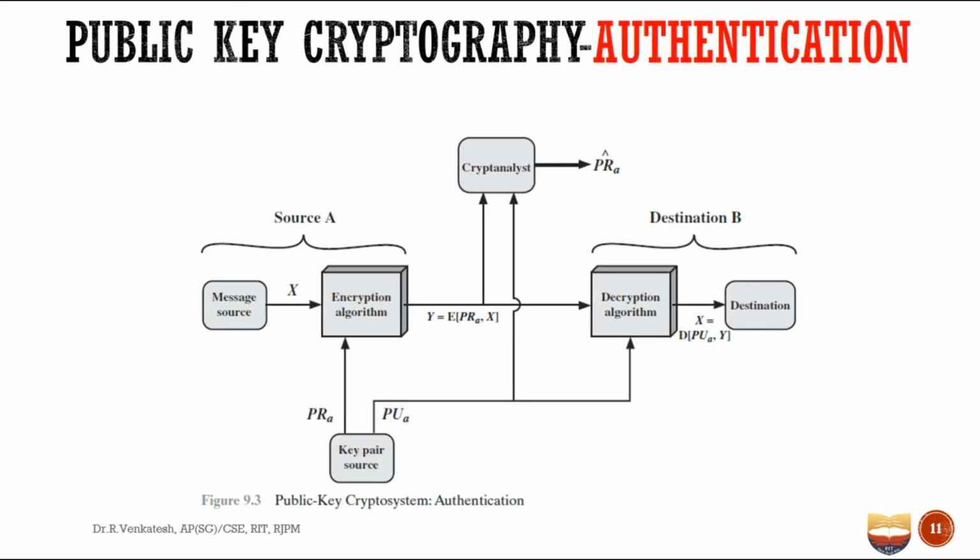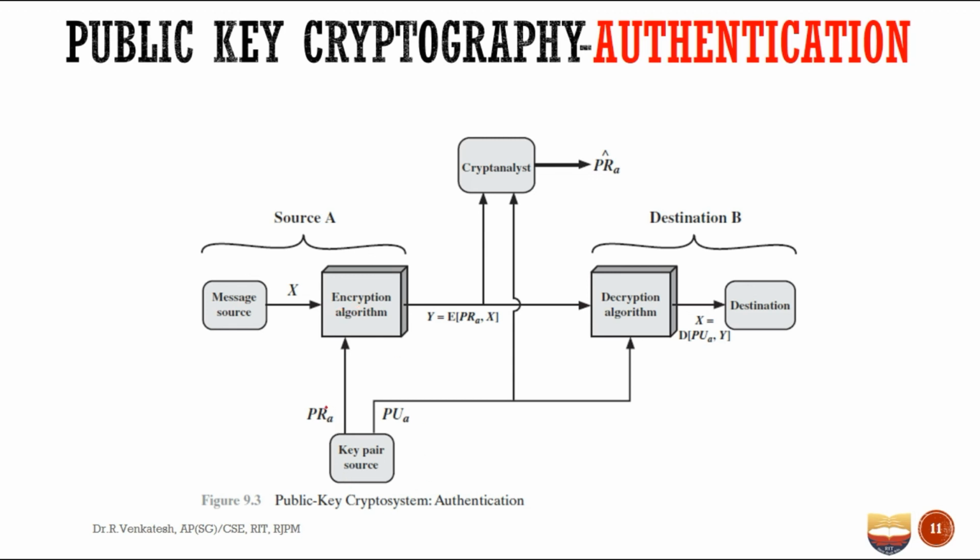Next, this diagram represents public key cryptography authentication. I am going to explain the same concept once again. What do we mean by authentication? Authentication is the process of verifying the identity of a user or information. Suppose Bob wants to send a message to Alice. Bob is also an authorized person, so he must share an identity with the receiver, so the message source X is encrypted